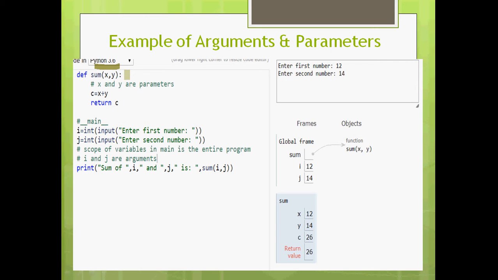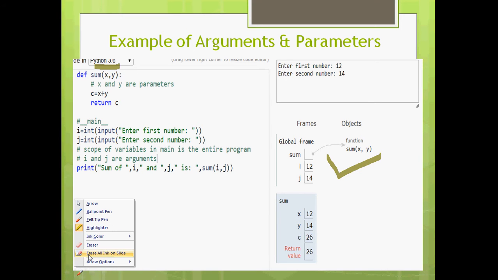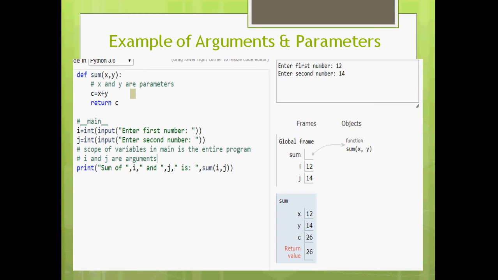The difference is that you can see the live running status here. So the values and variables created will appear here. That is the main difference. Now I am going to explain this program just to give you a demonstration of what are arguments and parameters.